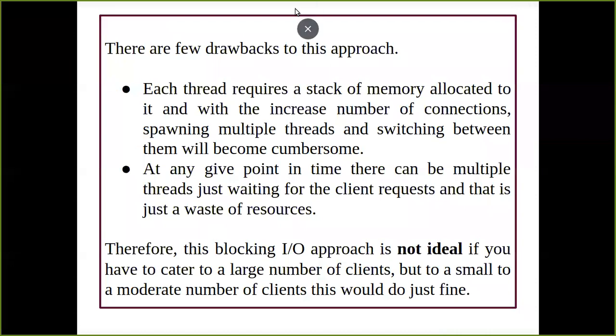Now we have some drawbacks for this approach. If I'm talking about the threads, the memory allocation to a specific request is going to have a waiting time that is first of all going to increase.